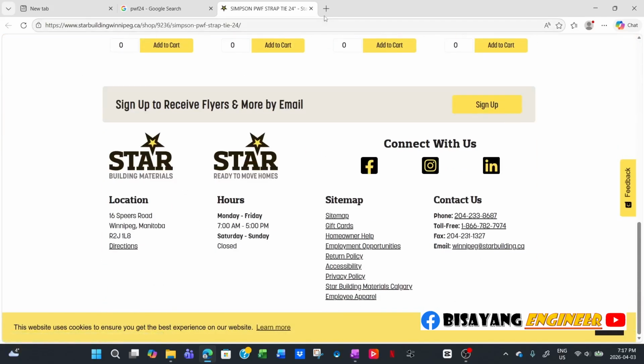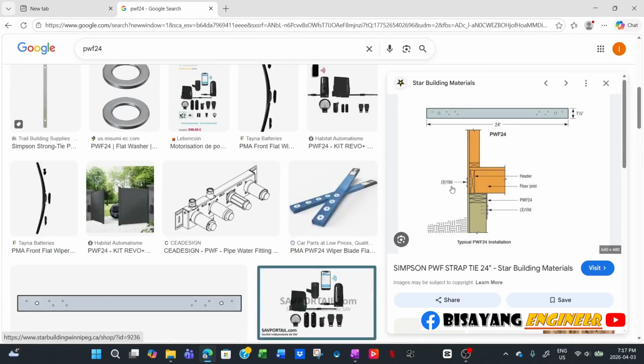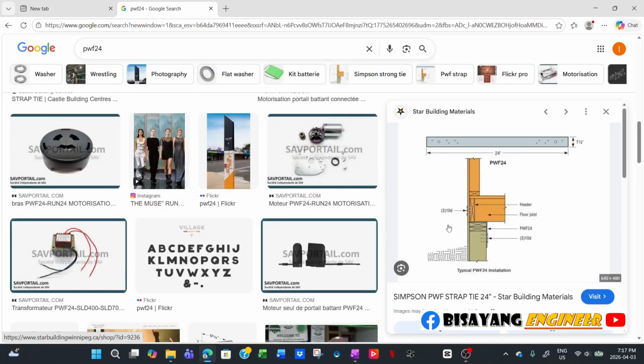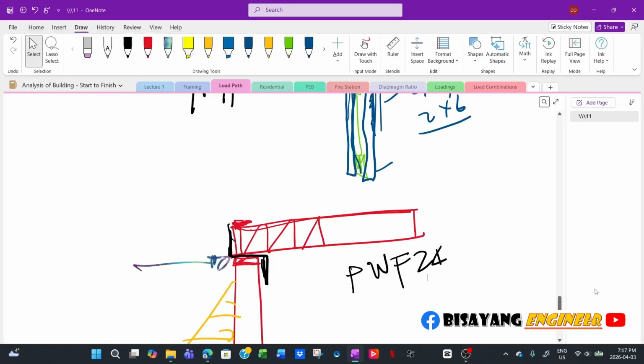See it. I don't know if it's clear. So basically, I don't know if it's clear. So this one, PWF24. What it does is, since the force here, the lateral force, is acting that